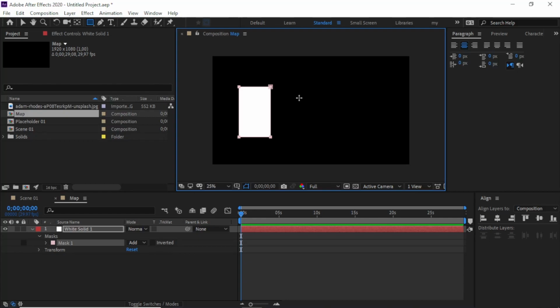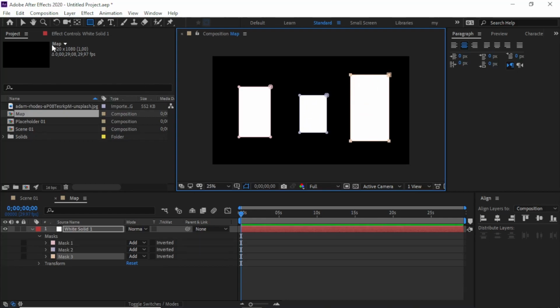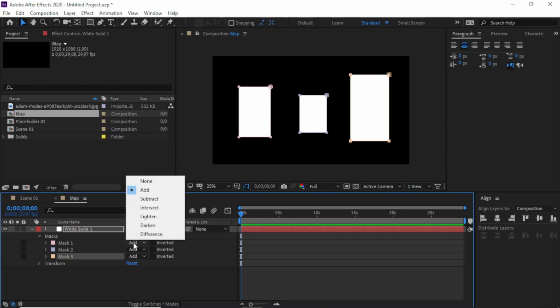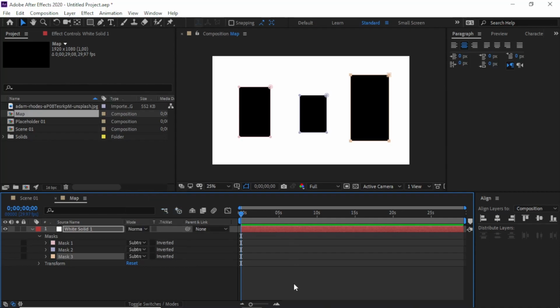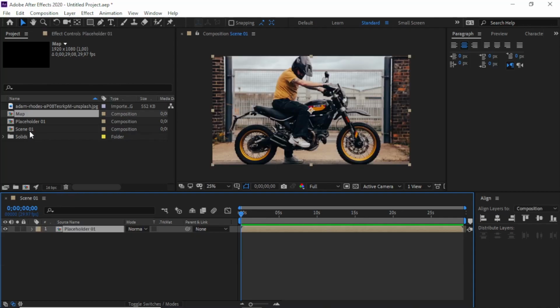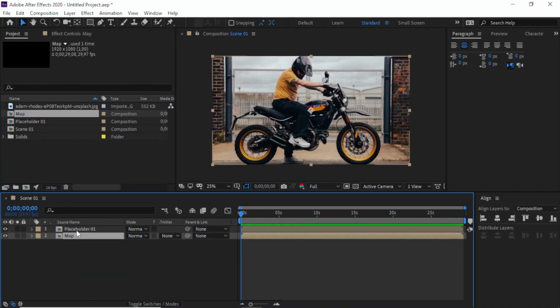For the map distortion you can use any shape, any combination, and this one is just for your reference. I'll use like this and close and bring your map underneath the placeholder 1,